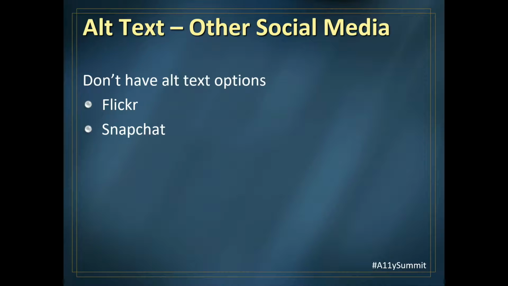So in my research, obviously there are many more social media tools other than just the ones I have here, but Flickr and photo downloading sites still don't really have any good ways of adding alternative text, and you're still left with tagging the alt text with any other fields that you have available as you're uploading those files. And again, as mentioned earlier, Snapchat does not have any alt text options to date. So we just need to keep bugging them and see if they'll add those.